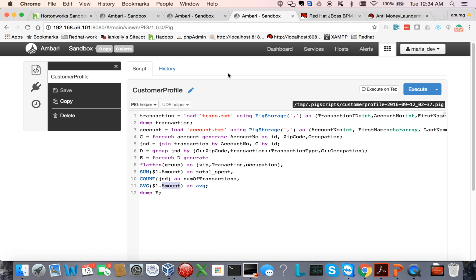Now this profile of a customer, for example, could be of people with different occupations by zip code, and we want to basically create a profile based on the weekly income that they have, the daily spend that they do, number of transactions that they do, the money transfers that they do, and to which locations they do money transfers. So you want to create a profile of that customer, and as these transactions come in,